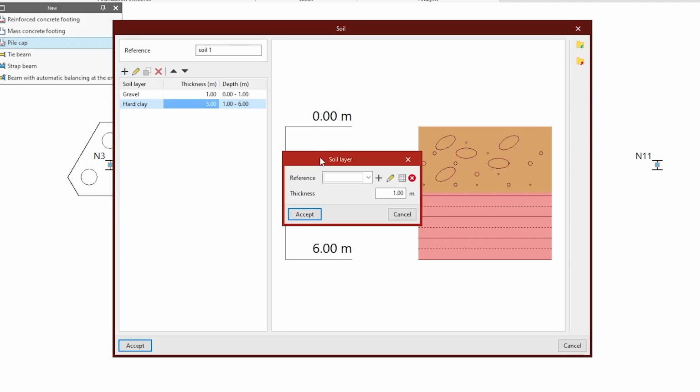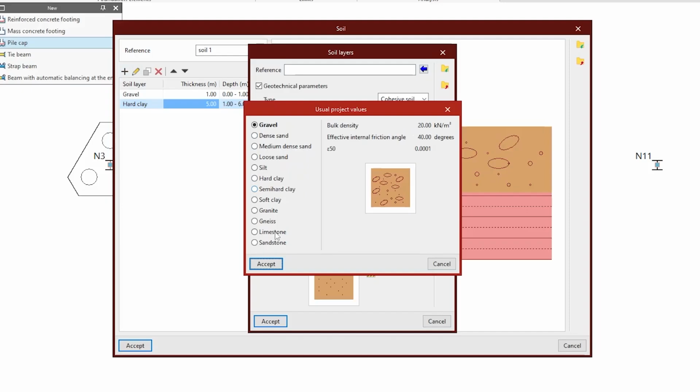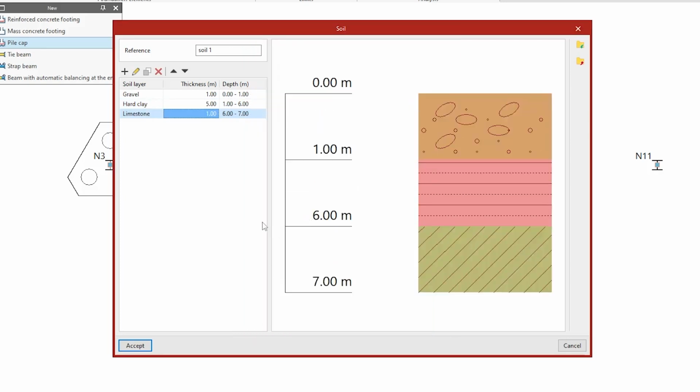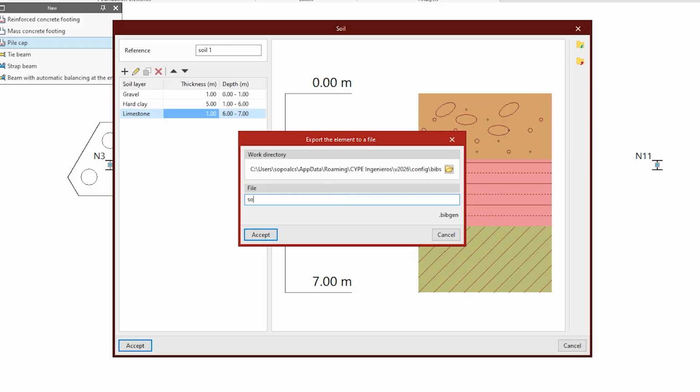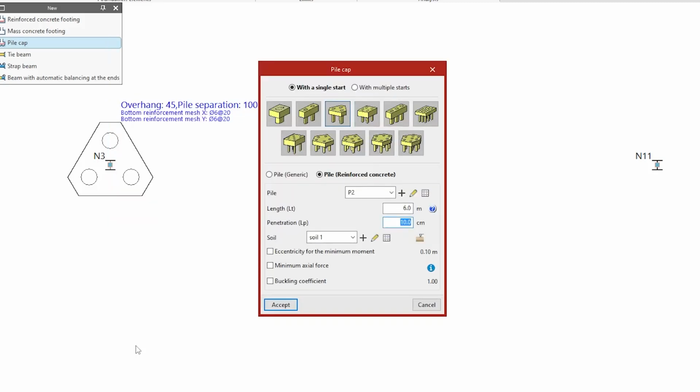And next layer, maybe I can add, for example, a limestone, and this I'm going to set 1 meter. So like this, we could complete our layers of the soil, and we could choose to export this soil to the library for it to be available for other elements in the same project. So I'm going to click accept, and now that we have a pile cap with piles that are reinforced concrete, we just have to choose the